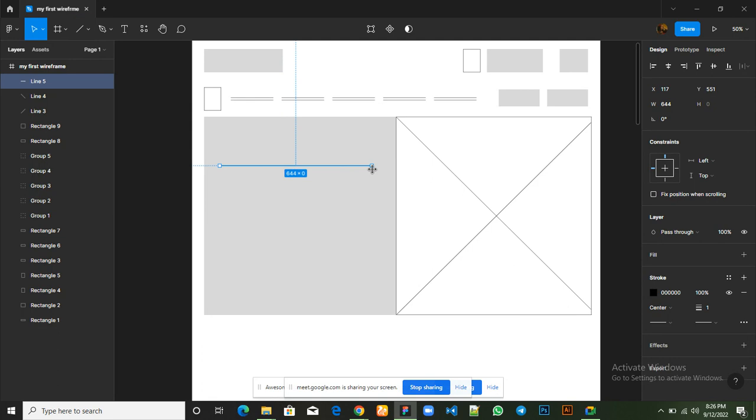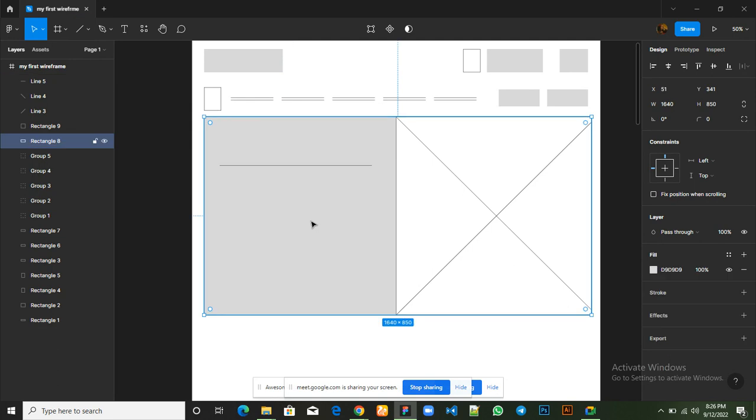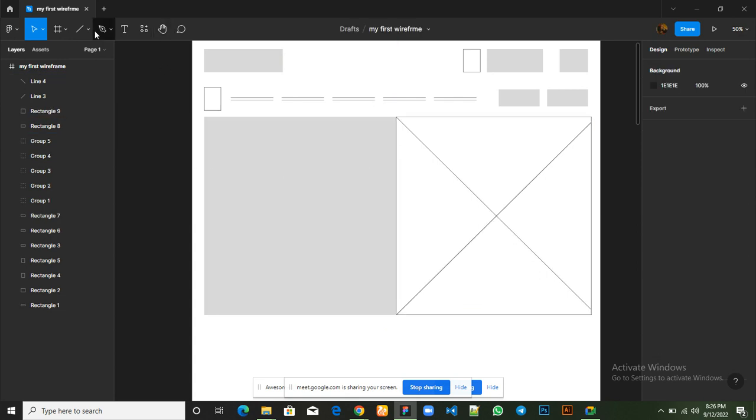We could use the line, or we could go ahead and use a rectangle